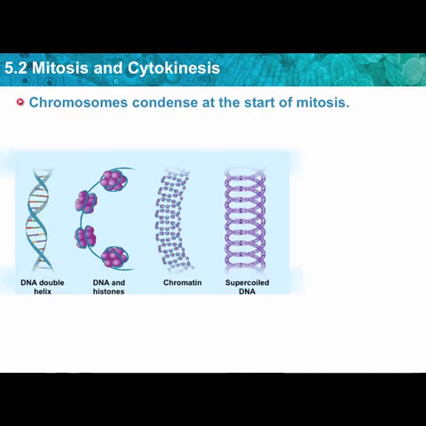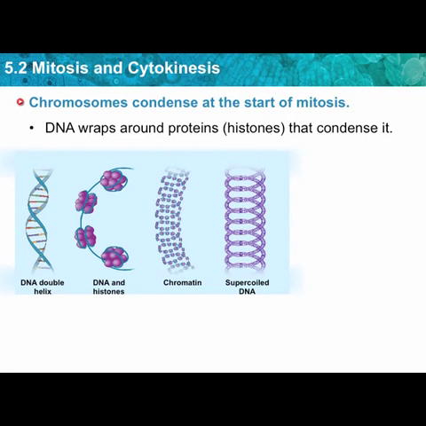Chromosomes will condense at the beginning. Start out with the double helix. There's some DNA and proteins involved, chromatin, and then supercoiled DNA. It coils up and shortens, fattens, thickens, and becomes visible. DNA wraps around the proteins, histones, that condenses it,